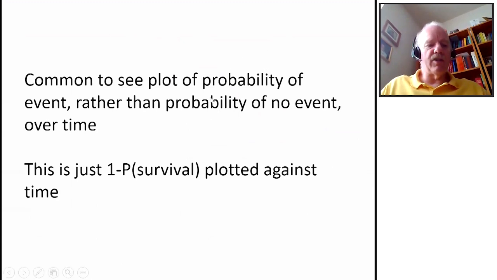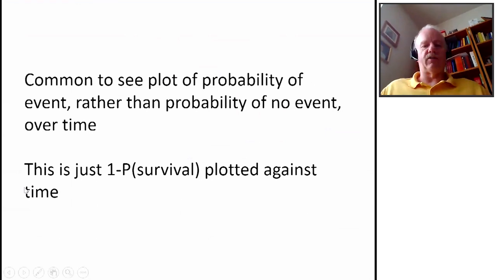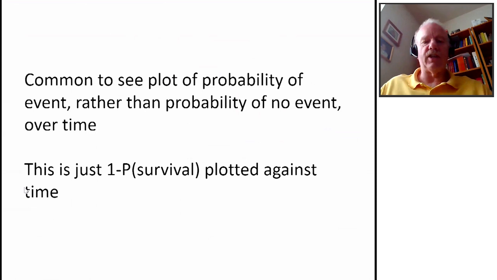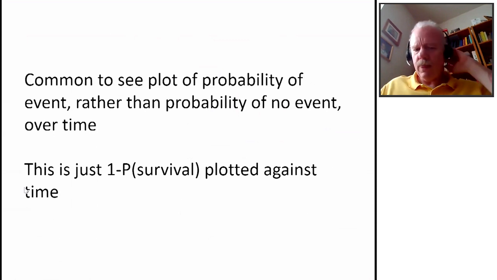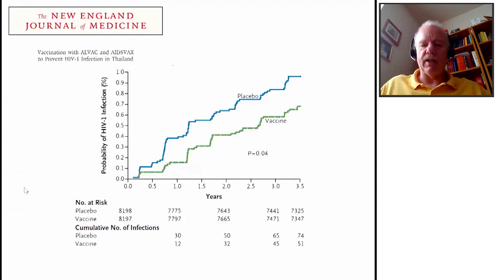Now, it's common to see, rather than this survival plot, you will see 1 minus the survival plot. So you just see the plot of the probability of having an event by a certain time rather than not having an event by a certain time. So that's just 1 minus the survival probability. And so it goes up instead of down. And you often see